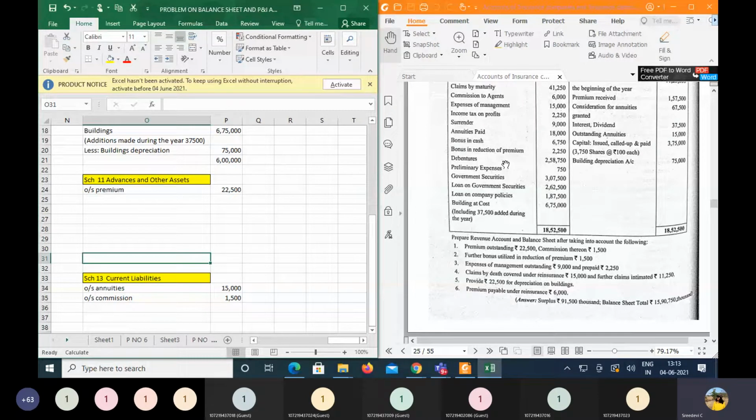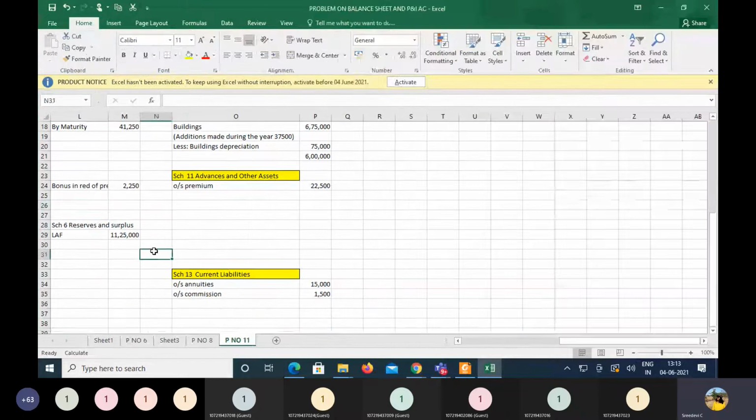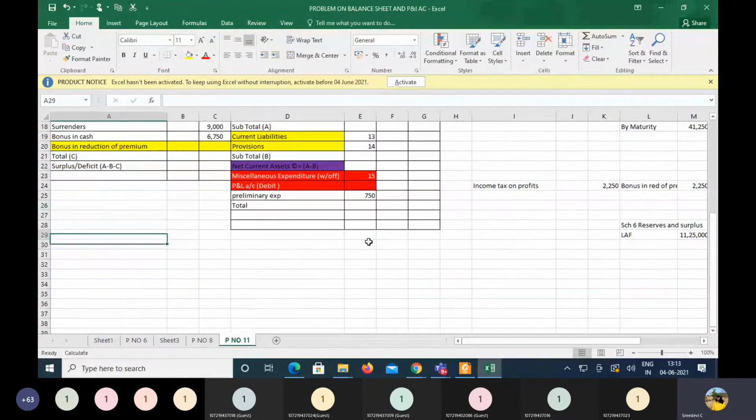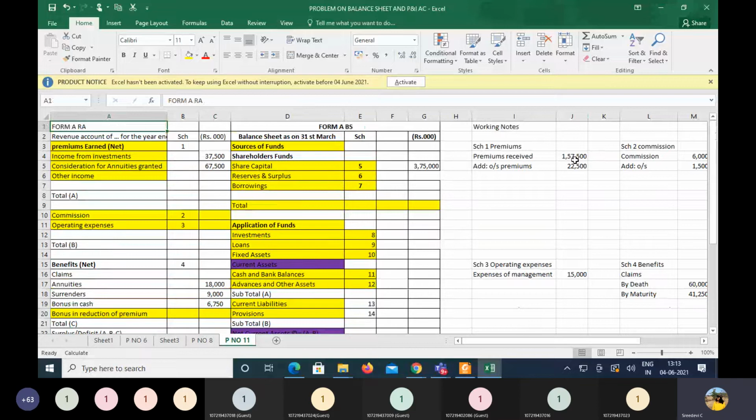So therefore, on one side the income should be raised, and on the other side the expenses are also to be raised. So what are we going to do now? We are going to take this to the premiums as well as to the bonus in reduction of the premium. So first let us make this an adjustment to the premiums here. If you have a look at the premiums on schedule number 1, already we have 1 lakh, and after adding the outstanding premiums, here we are going to have the total premiums as 1,80,000. So to this we are going to add further